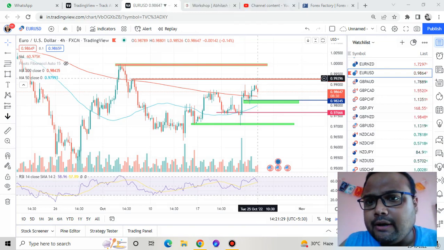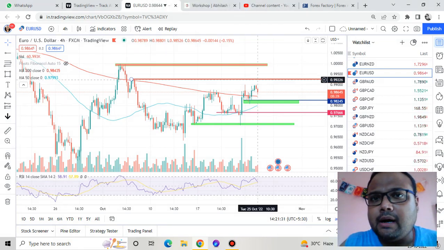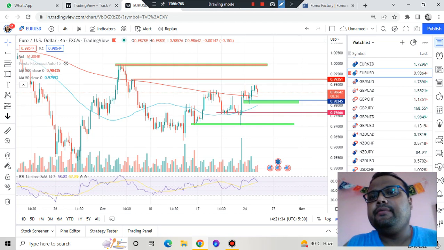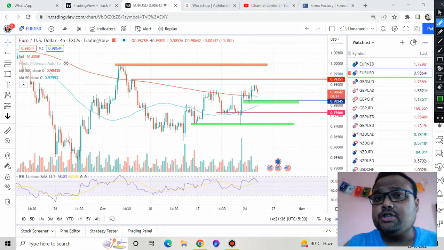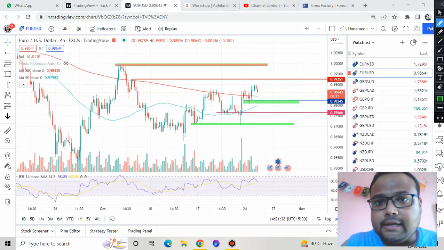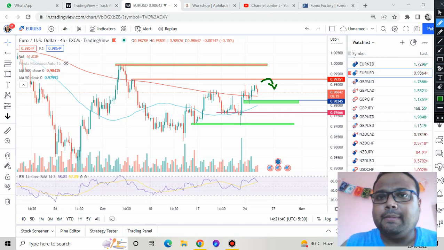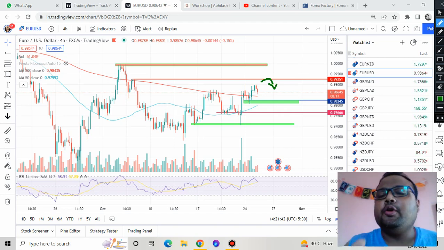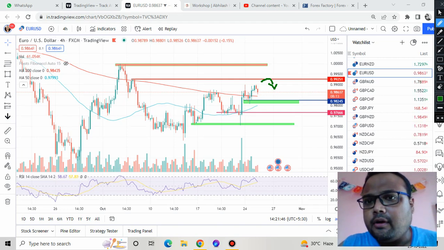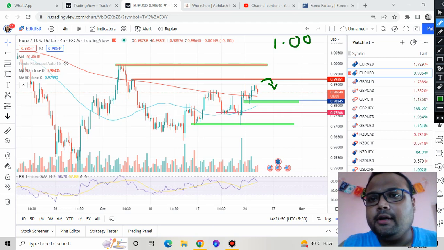So once market hits this level here, observe the market. If market reverses, if you see strong price rejection from above, you can take a sell position. But in case market breaks it, no need to do anything, just avoid it. Then you simply wait for the next resistance, the second resistance, that is 1.0000 or